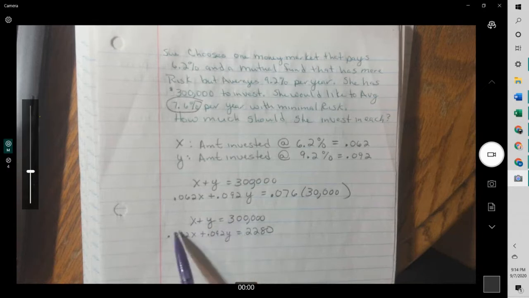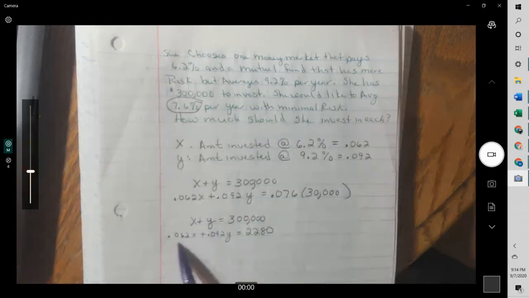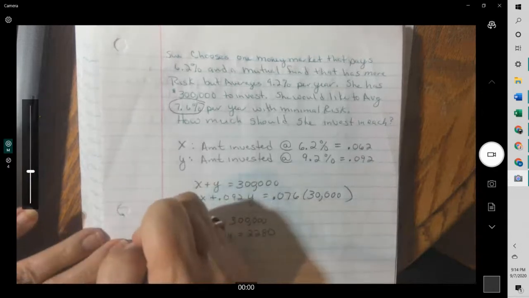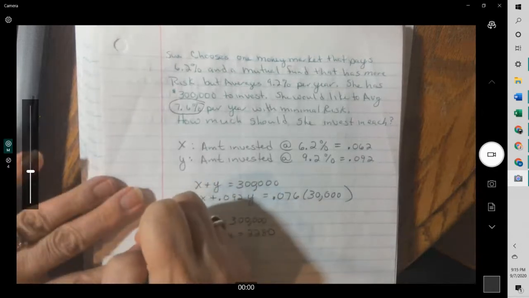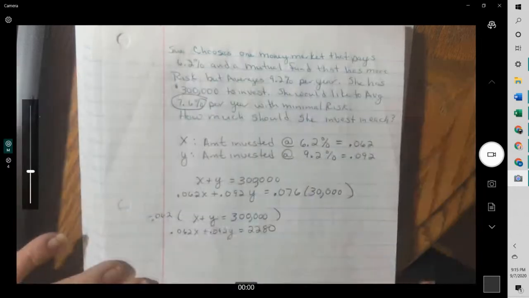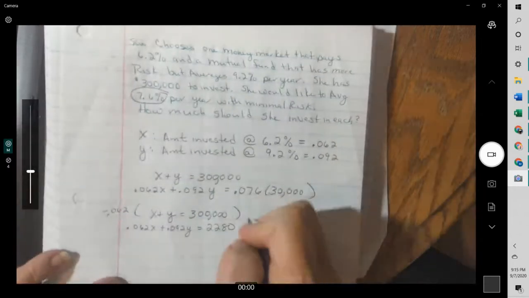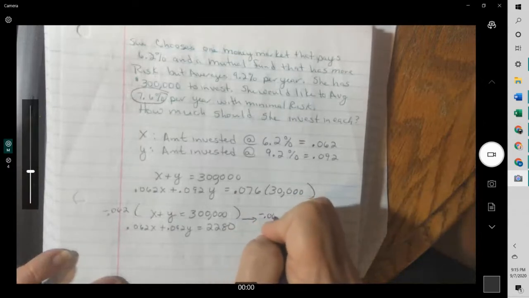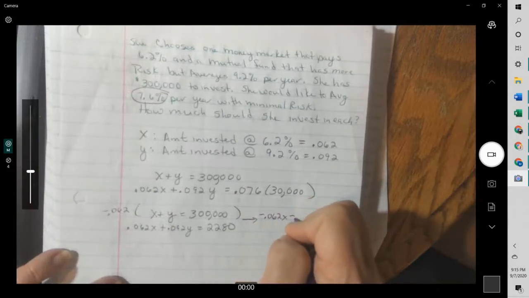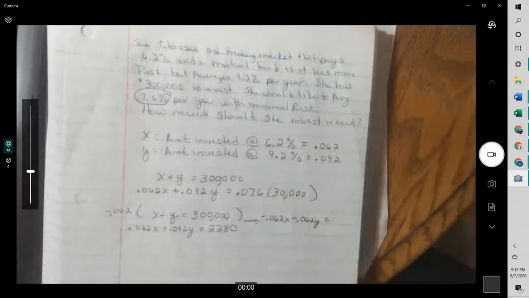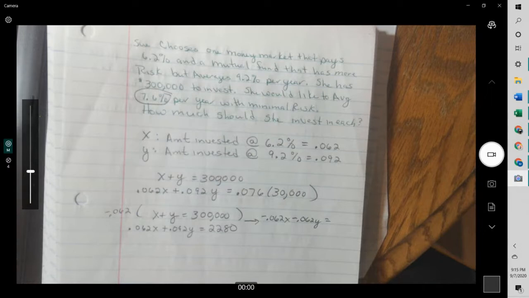But we could multiply all of them by this decimal and a negative of it, because if we multiply by negative 0.062, then the x will drop out. So we have negative 0.062x minus 0.062y equals 0.062 times